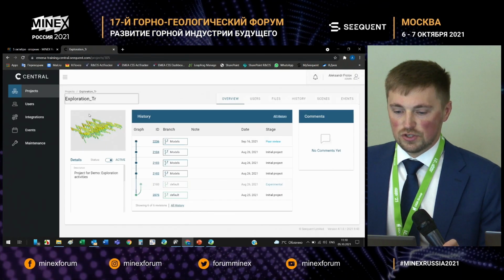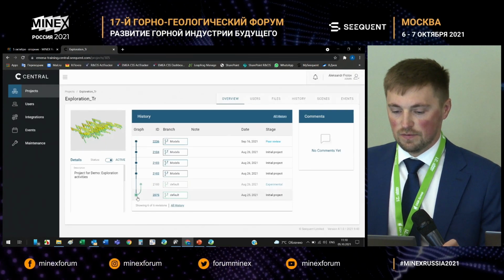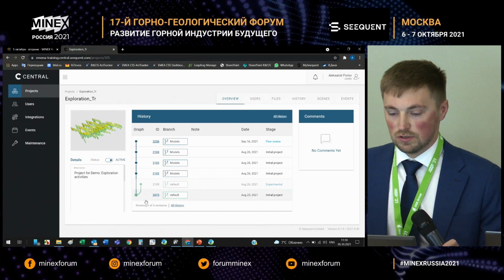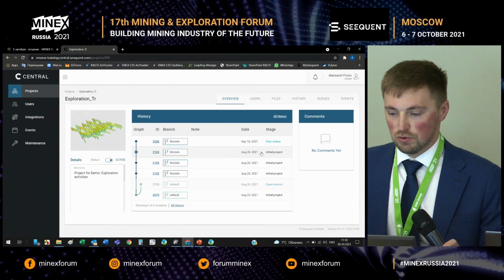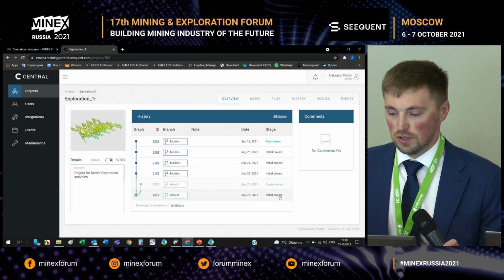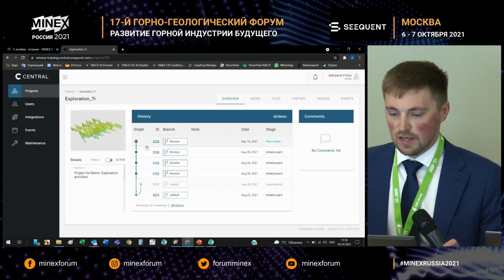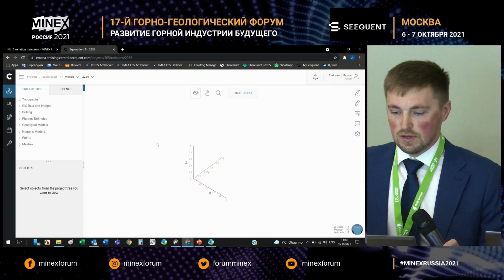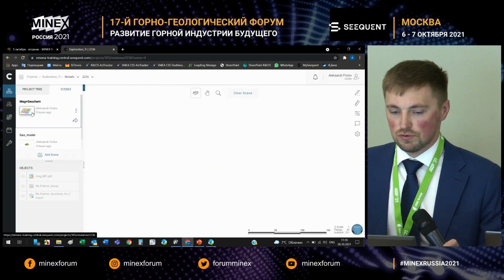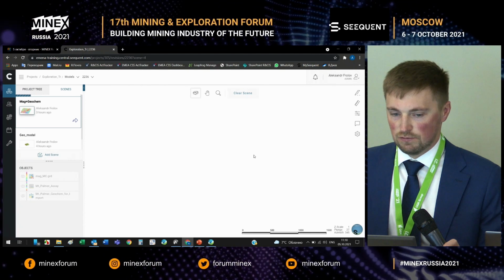In fact, this is Central. Your model is in here, the project that you built, and all the changes can be traced, with dates of change. These are branches for your project. Again, several branches can be added, and then you'll be uploading data for these branches.